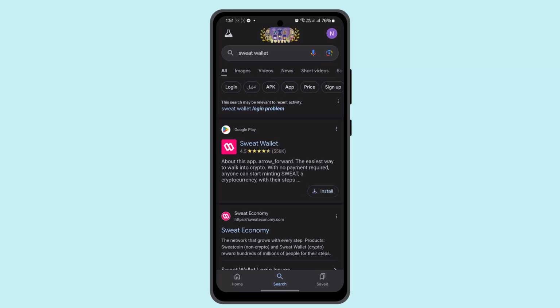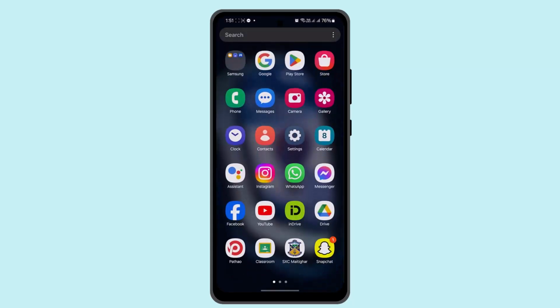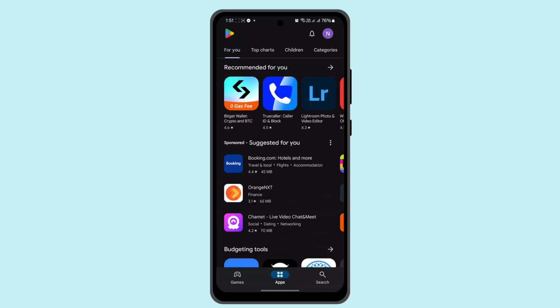So in that case, there are a couple of different ways on how you can fix it. First of all, you can try updating your application. For that, you could go ahead and open up your Play Store, check whether the app needs to be updated or not. If the application is completely updated and you're still facing this sort of issue, then what you can do is